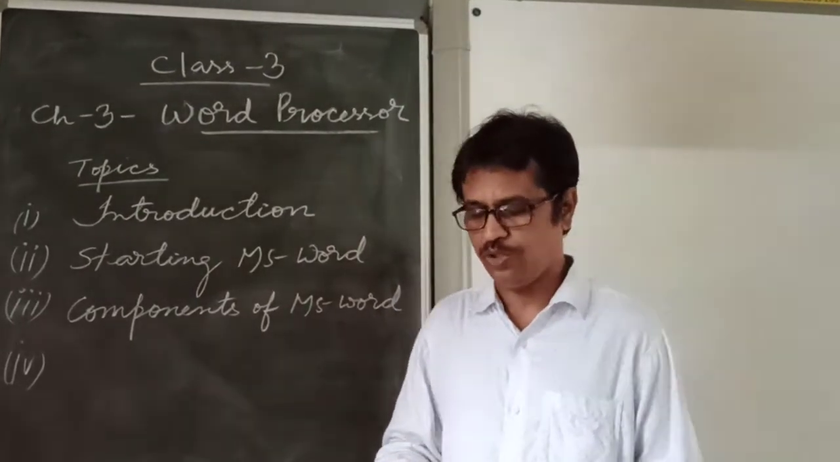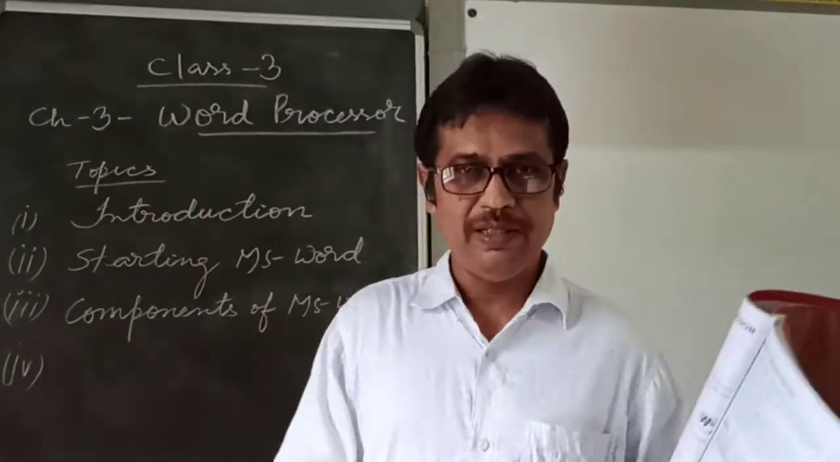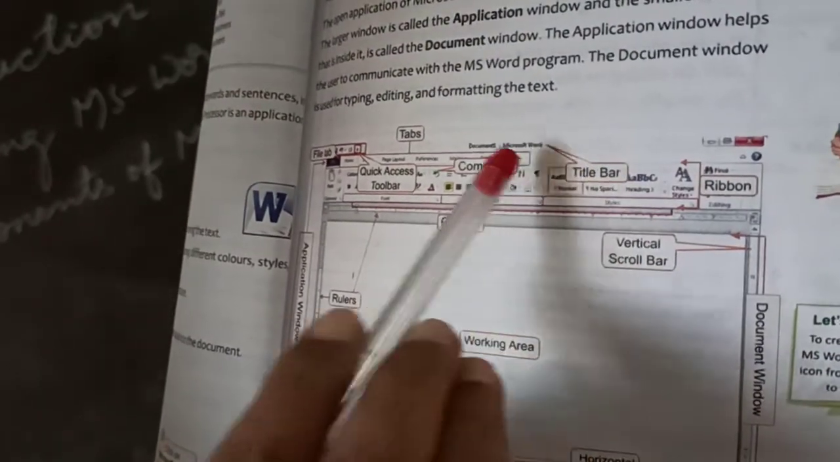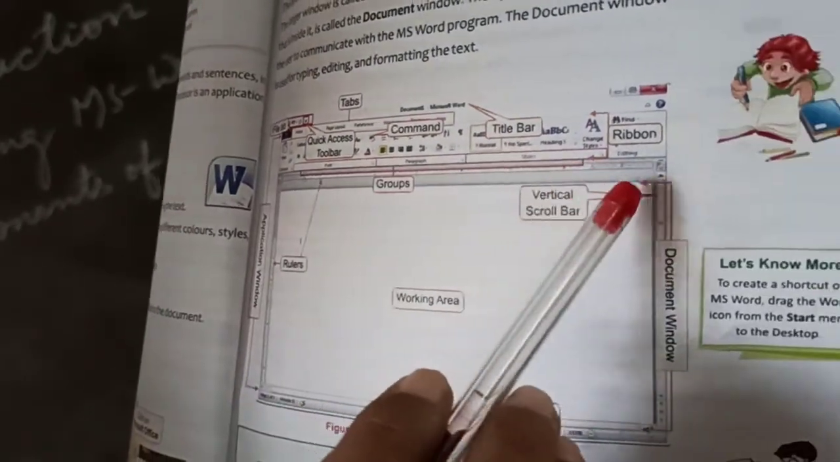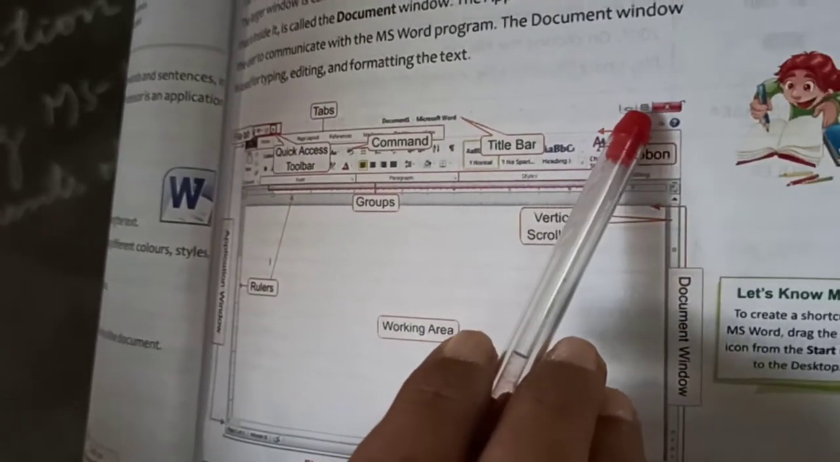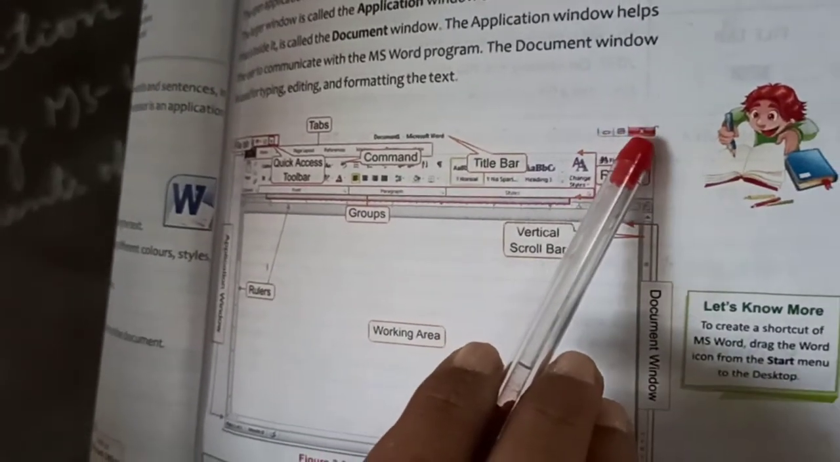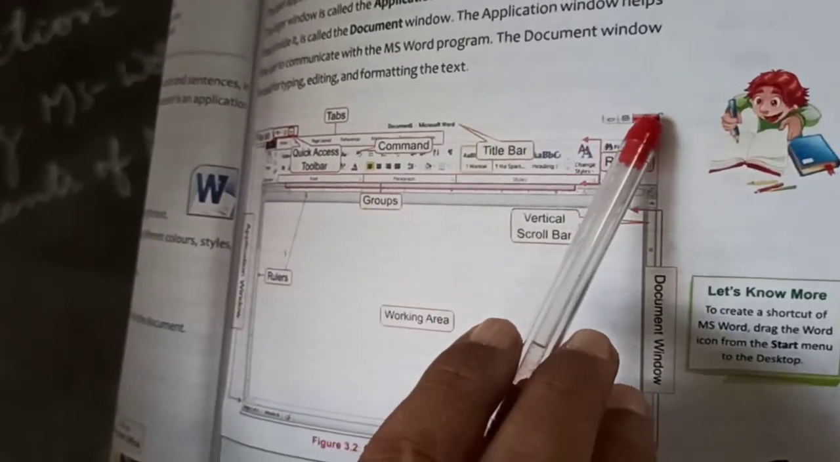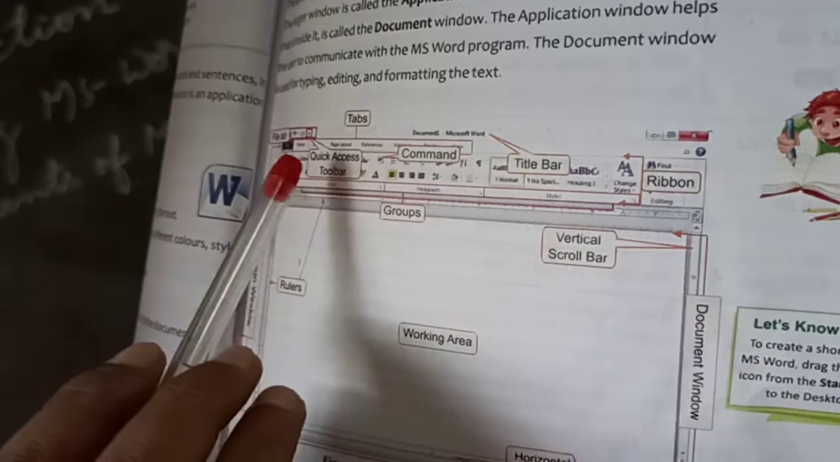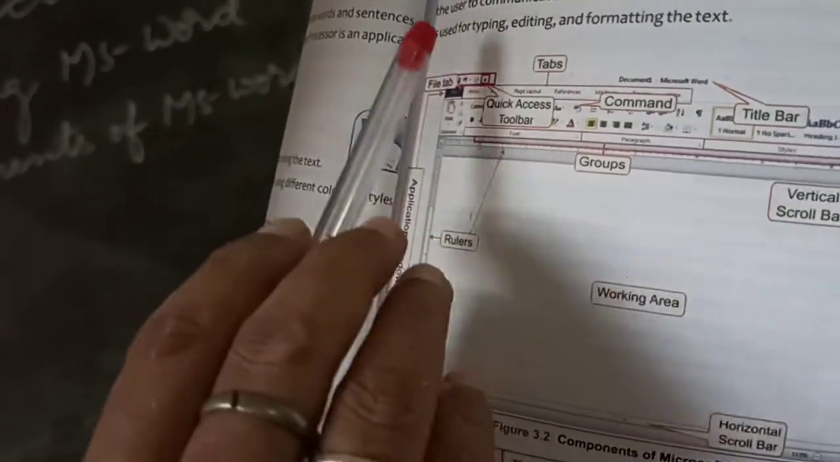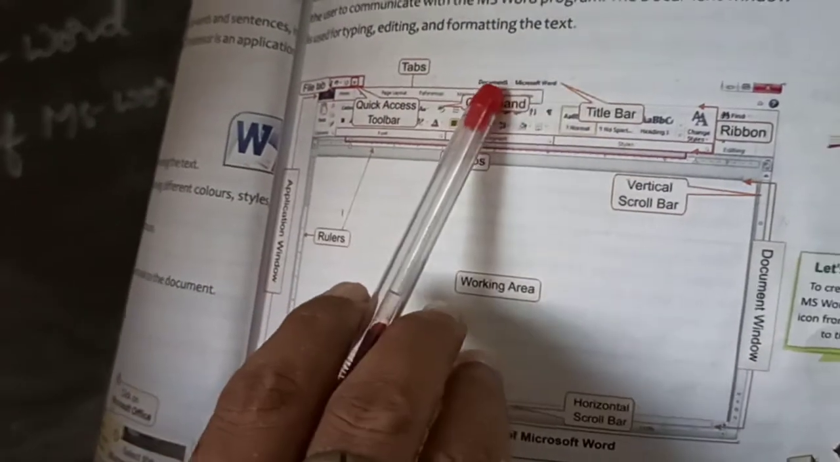Again I am trying to show you the title bar. If you can see this bar, the title bar appears at the top of the screen. It contains minimize, maximize and close buttons. This is called the minimize button, this is the maximize button, and this is the close button. So the title bar contains these buttons at the right side. This area is called the quick access toolbar at the left side, and in the center